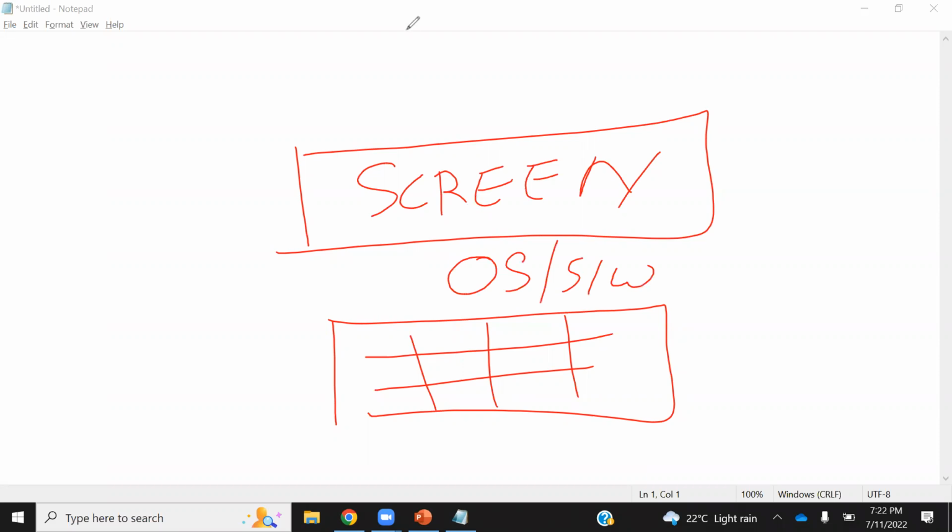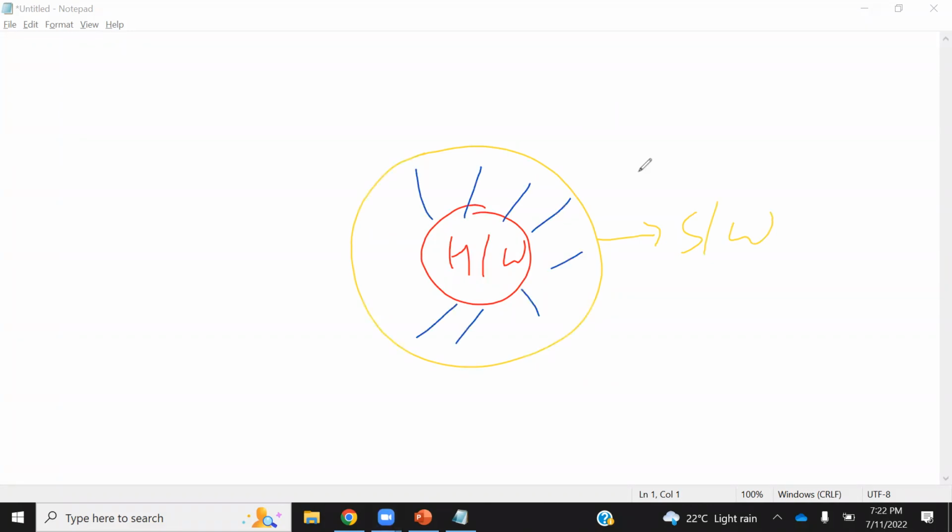But between these layers, there is one more guy called the kernel. So if this is my hardware, on top of hardware, I have my software. And in between, I have something which is known as the kernel.